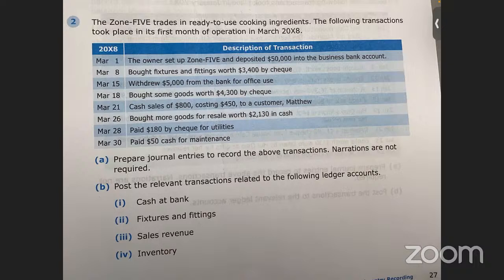Is your March question 18? I don't know which one to put first, like the inventory first or the cash at bank first. Right, so you don't think like that. You think who is the debit, who is the credit? You think first. In this case, if you think that the inventory is debit, the cash at bank is credit, then you write all the debit first and then all the credit.